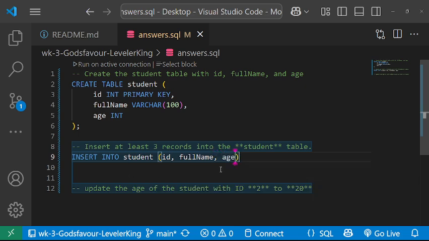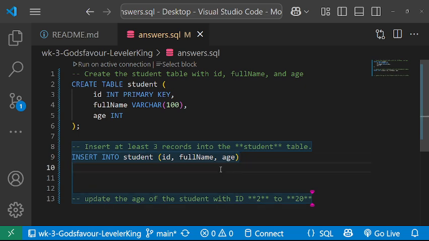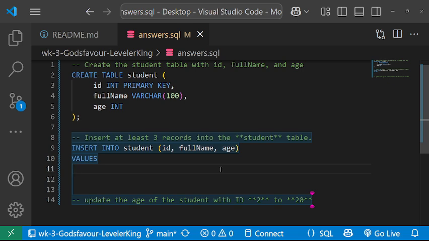Okay, so I'm going to first give the values that I want to add. Let me tab it forward. So the first one is going to be